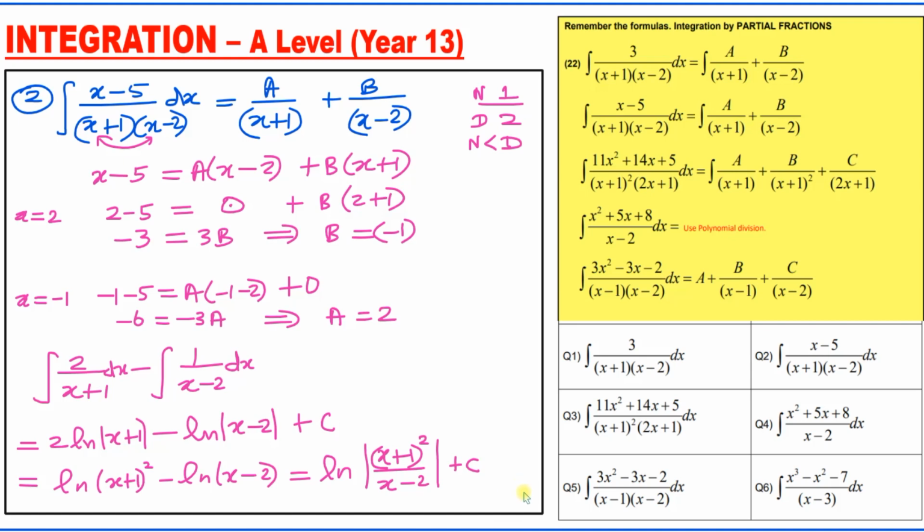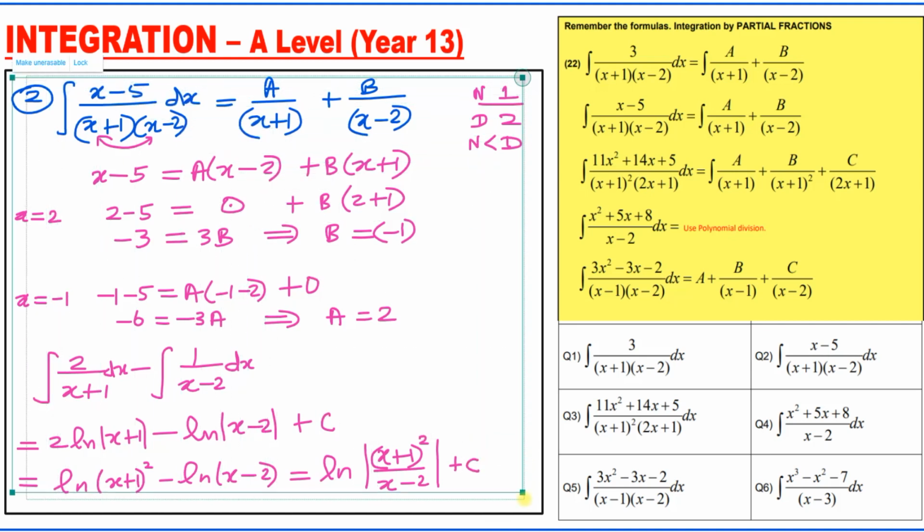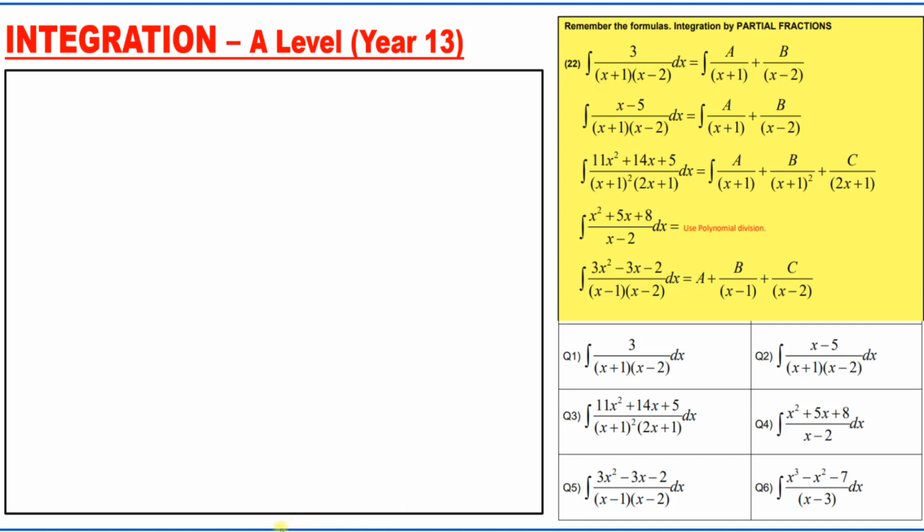Now we are moving on to question number 3. We are going to be doing some different patterns of partial fractions, making sure you understand all the patterns, right? If you know how to integrate using partial fractions, don't do only one question and stop. You need to find all the different patterns of partial fractions and integrate. So we have done question 2. Out of the 6 questions, I have explained all the patterns. That is the beauty. So question number 3, Q3: we are going to integrate